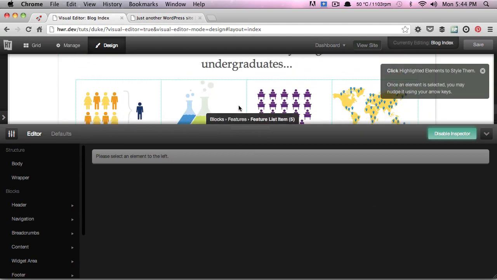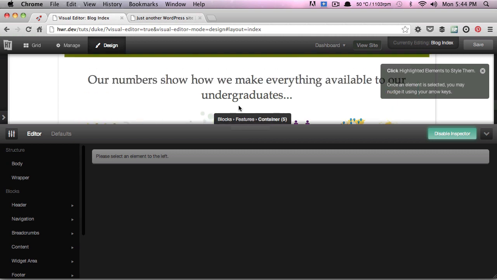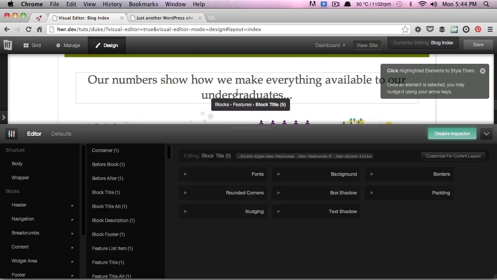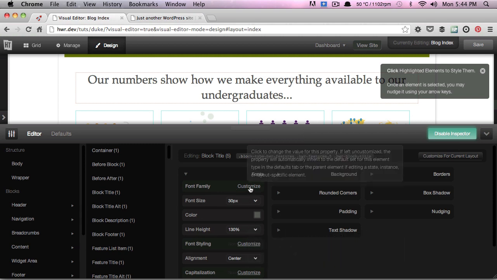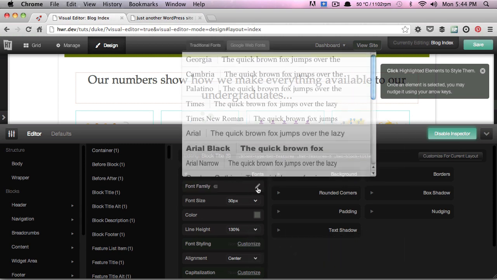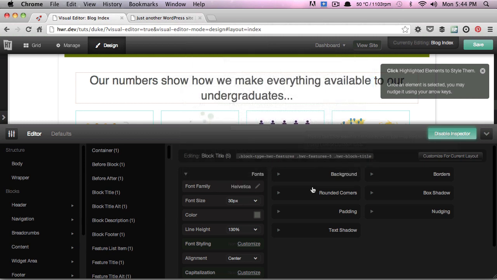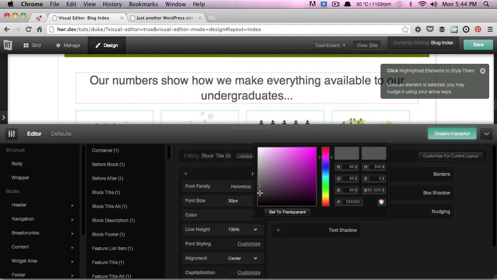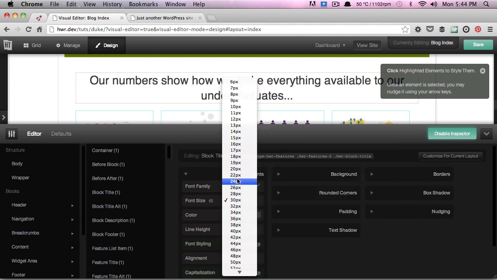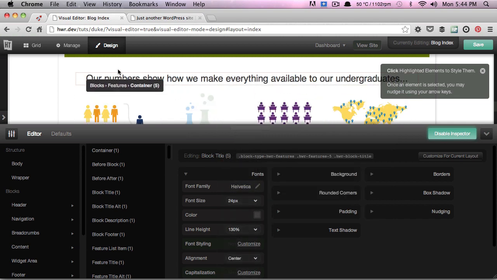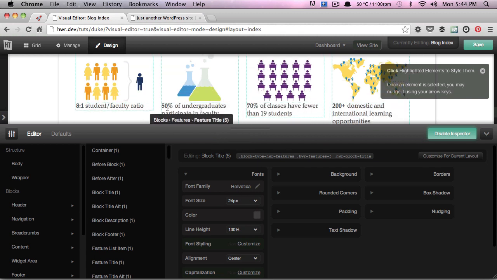Okay, so the first thing that we want to do is just change the title. We're going to just change the font family to Helvetica, and then we're going to change the color, just make it darker, and reduce the font size. I'm just setting it to 24 pixels. Then we want to get the